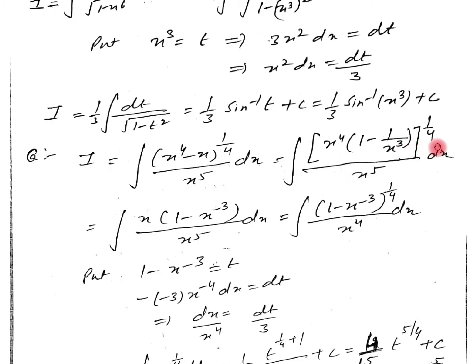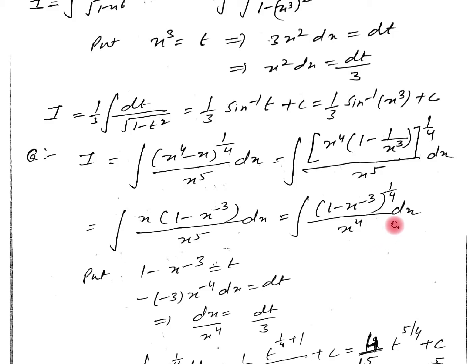When I open the bracket, the 4 cancels with 4. I am left with x into 1 minus x raised to power minus 3, upon x5. Simplifying, we get 1 minus x raised to power minus 3 whole power 1 by 4 upon